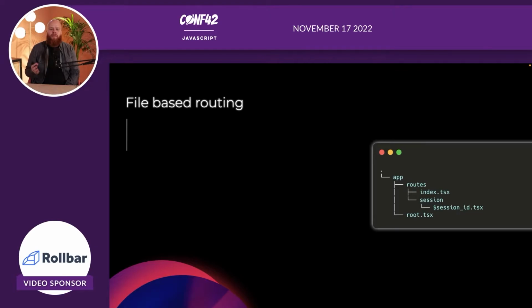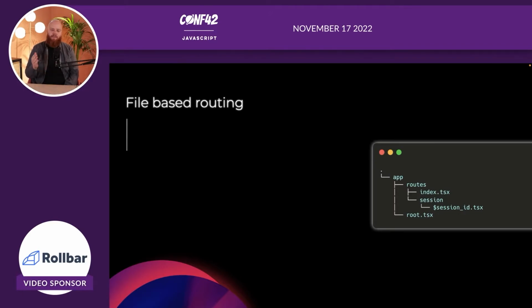So if you ever worked with something like Next.js, I think it's now also in new React Router, this will be familiar, but basically what we use is file-based routing, where we have in Remix an app folder, where we have a routes folder, and when I put an index.tsx file in there, as long as I export some JSX, I can go to /index.html and see that page.